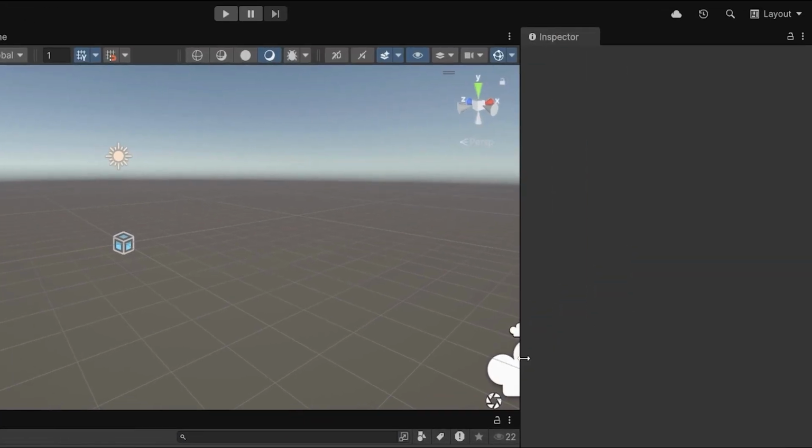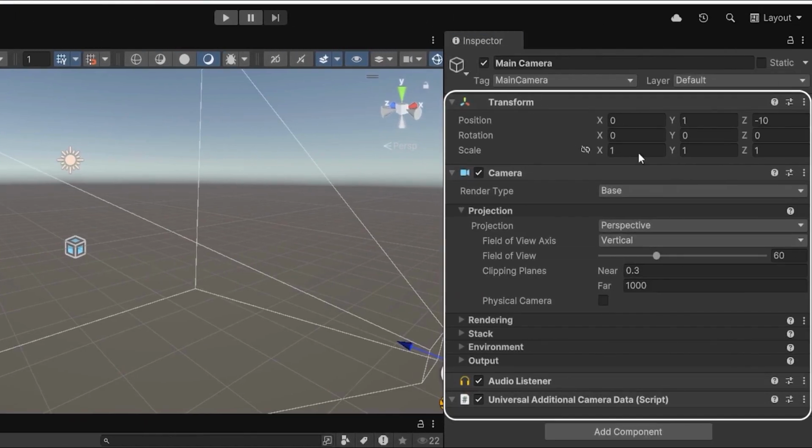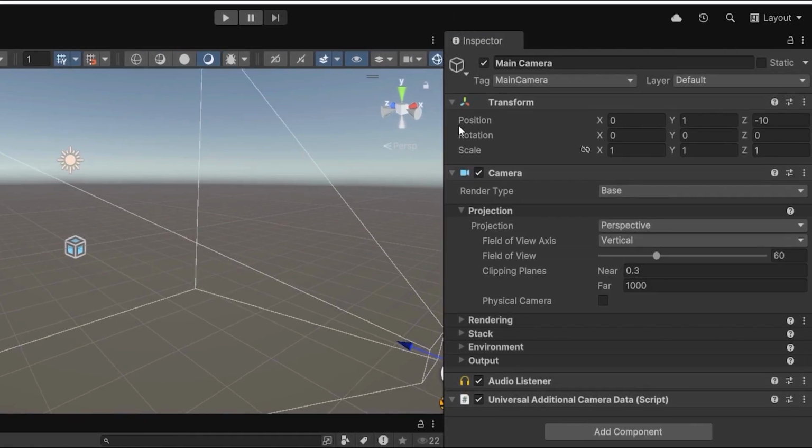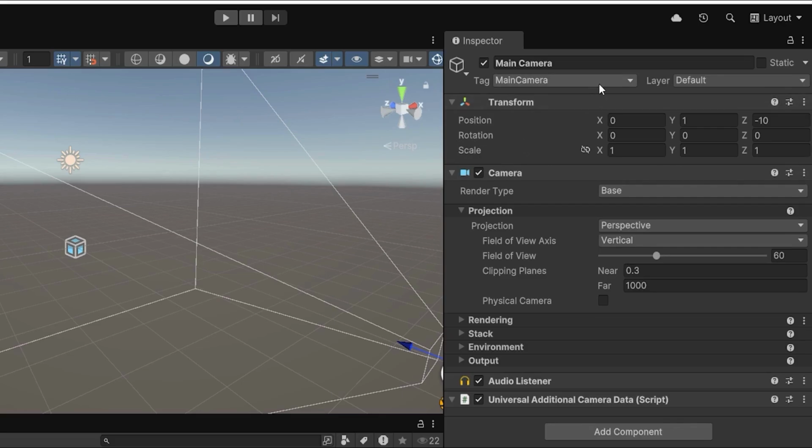On the right side, you will see the inspector window. When you select a game object in the hierarchy window, its properties and components will be displayed here. You can modify these settings to change how the object behaves and looks. For example, you can change the transform properties like position, rotation, and scale of an object, but that's just the